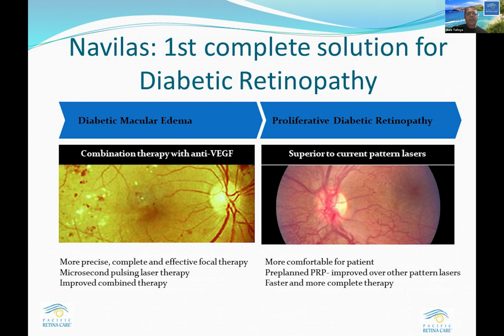This is the first complete one, especially for all these diabetics. Where I live, diabetes is an epidemic in Hawaii. About 1 in 3 people have diabetes in Hawaii. And where I'm located, there's a high volume of diabetics, and they're all young working population. So this laser offers a better treatment for diabetic macular edema and a faster, more complete treatment for my patients